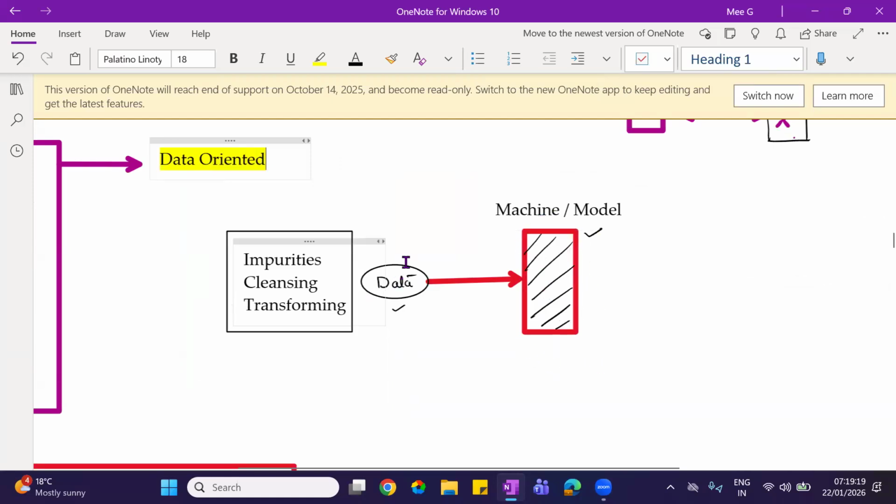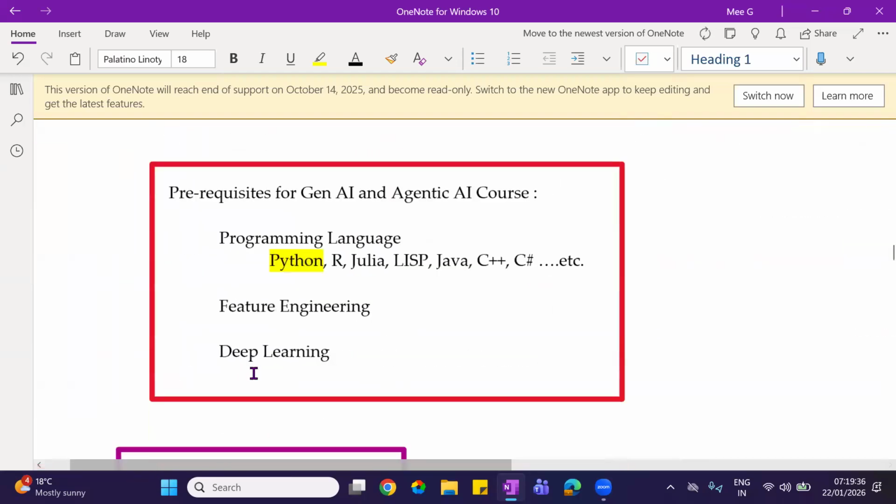This data will have a lot of impurities. Those impurities, the cleaning process, or transformation of the data as per the model requirement, we call pre-processing steps.